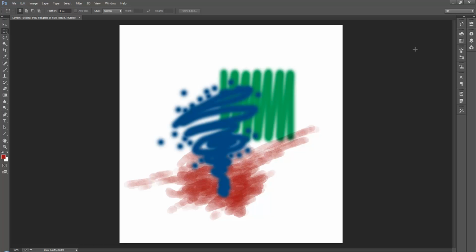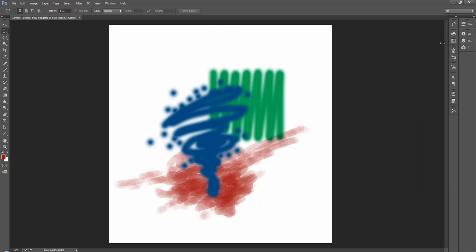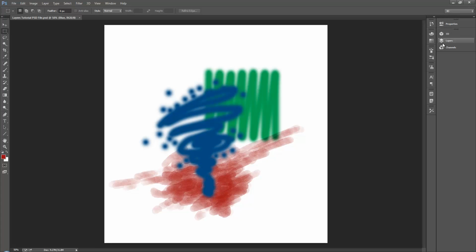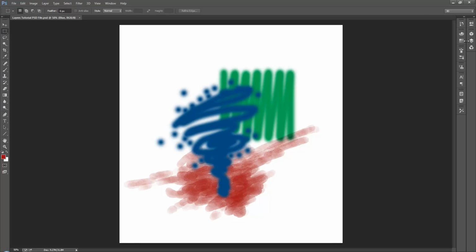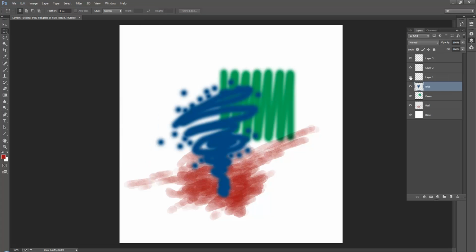So the first thing I want to look at is the layers panel. That's really where we get most of this information. I'll use this wonderful drawing on the screen here to demonstrate some of that. If you don't see your layers panel icon open, if I stretch this out, you can see it's just a little stack of sheets of paper. I usually keep my icons collapsed. If you don't see it there, you can go to the Window menu and choose Layers or hit F7 as a keyboard shortcut. Okay, so here's a layers panel for this document,